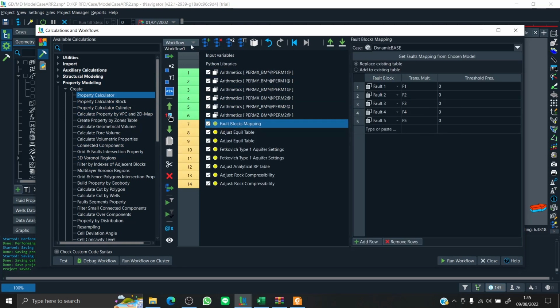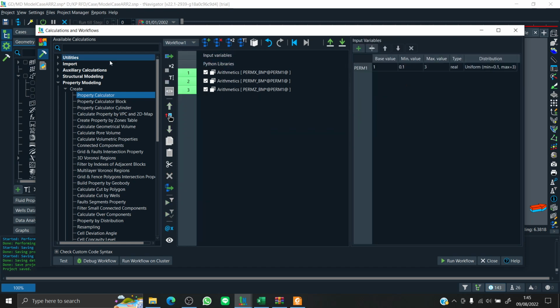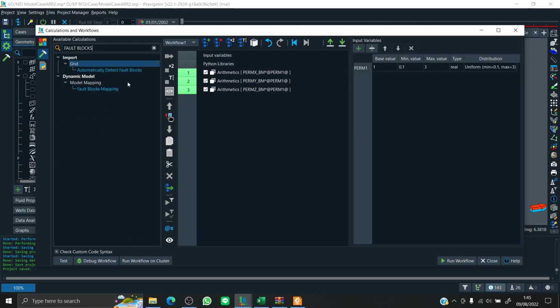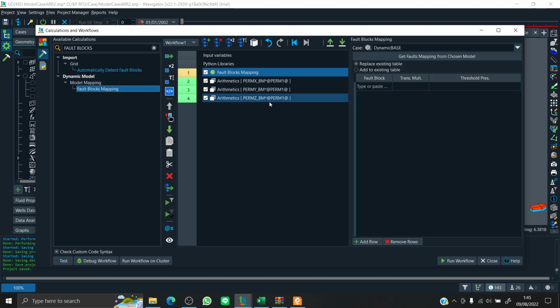Okay, so I'm just gonna go back to workflow 1 and search for fault blocks mapping. Okay, this is the calculation for fault blocks. We can also reorder the workflows by selecting one particular calculation and then moving it up or down, just like this.